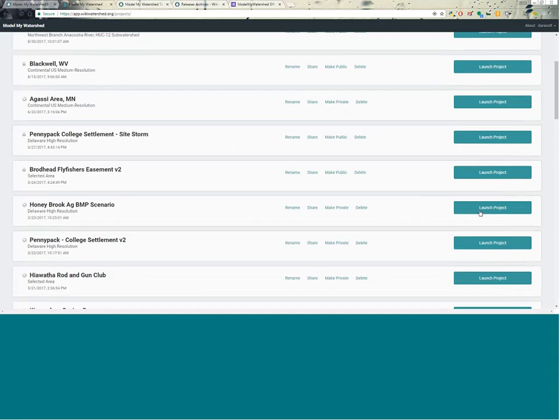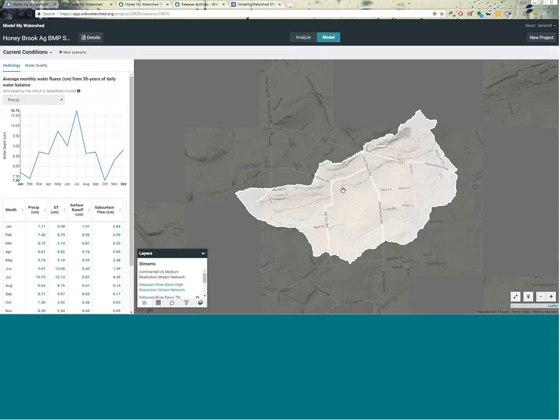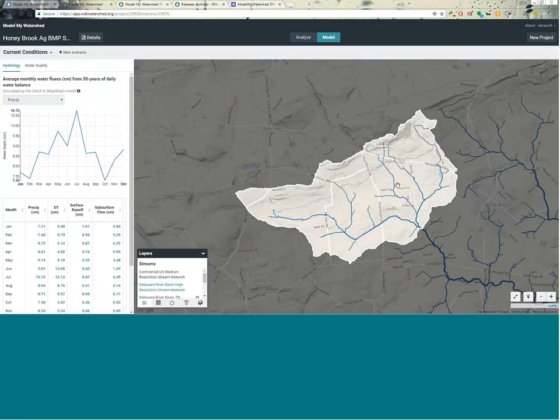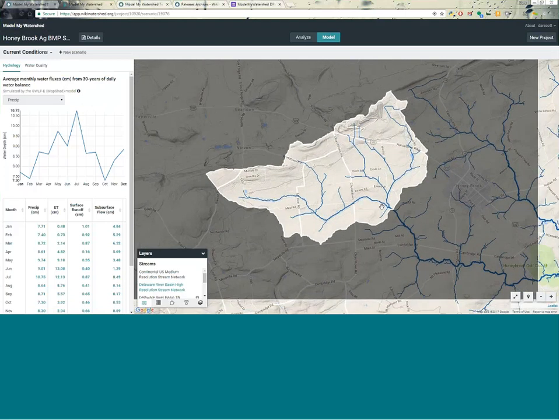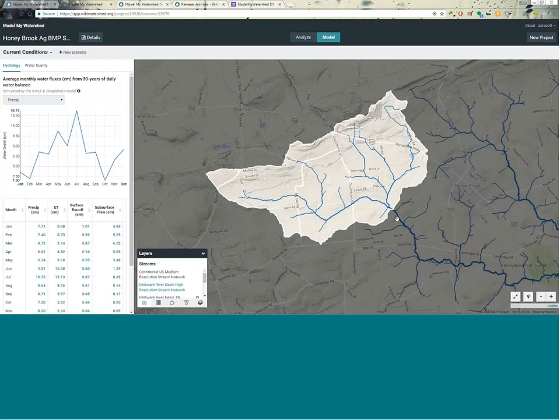Honeybrook Ag BMP scenario. This is an area that the Stroud Water Research Center is working on in the Brandywine Christina cluster as part of the DRWI up in Honeybrook. And this shows you the project that I've saved. So everything's already completed here. And here are the current conditions